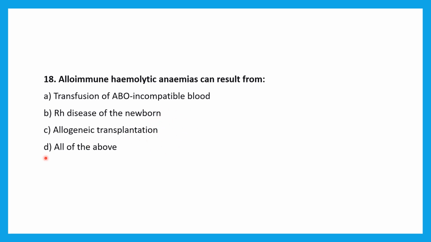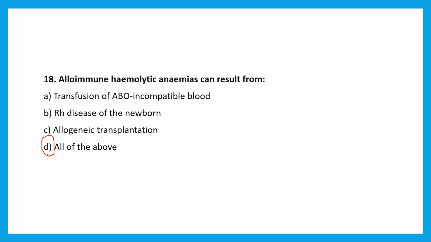And then allogeneic transplantation. This is where the immune cells from the donor, known also as the graft, can attack the recipient's, which is the host's, RBCs. So we are saying that all of the above can result in